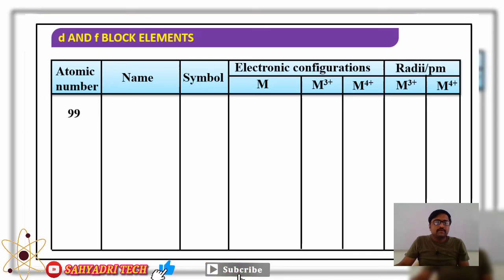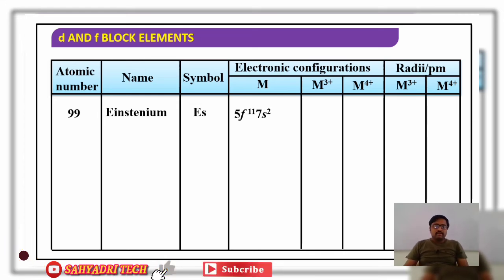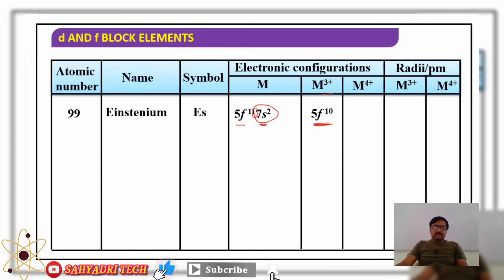Then coming to the next one, atomic number 99, einsteinium, Es is the symbol. Electronic configuration is 5f11 6d0 7s2 in elemental state. Then in +3 oxidation state it is 5f10. 3 electrons are lost, right? 2 electrons from 7s and 1 from 5f. So after losing 3 electrons, it has 5f10 configuration. Then in +4 it is 5f9. Then if you consider ionic radii,